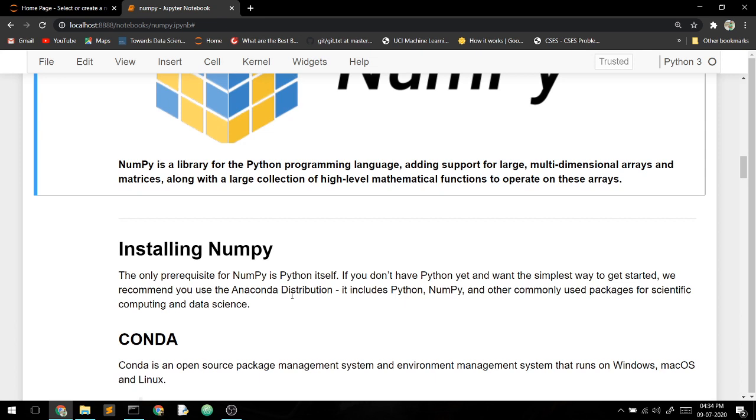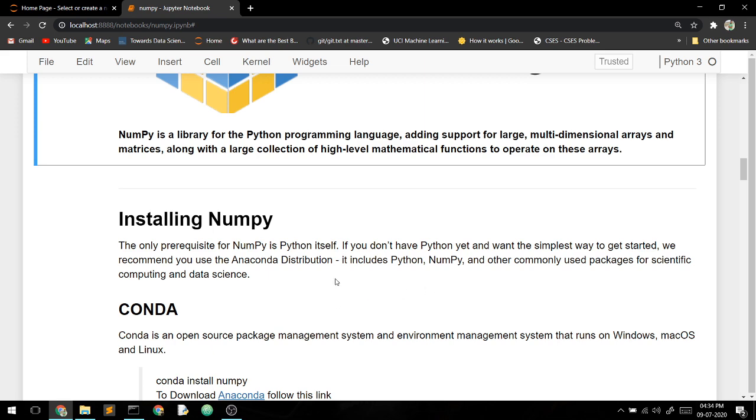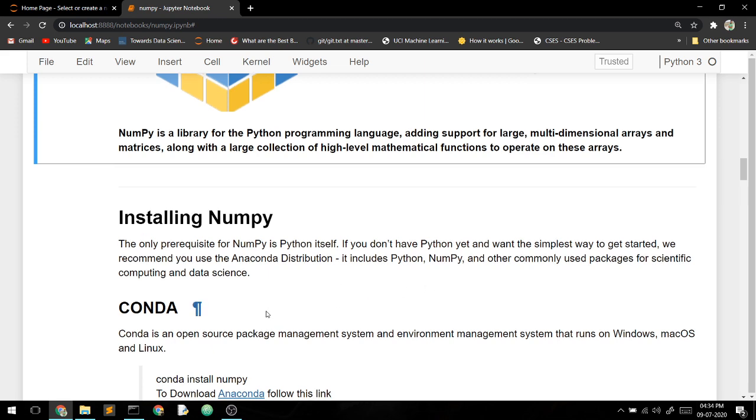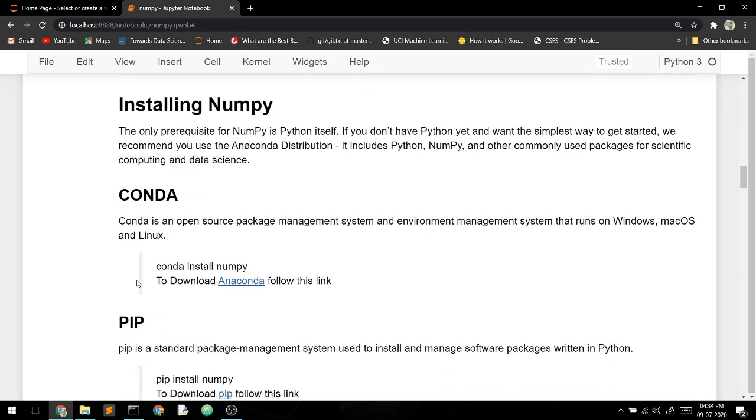How to install NumPy on your system? For installing NumPy, you should have Python and a Python package installer. So what is a Python package installer? Along with Python, an open source Python package installer is Conda or pip.